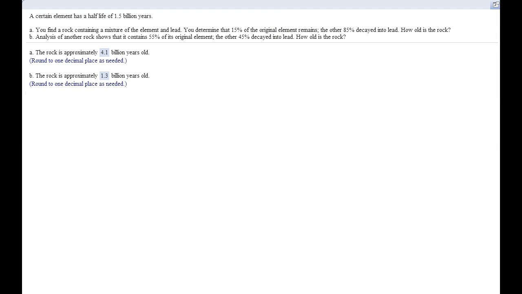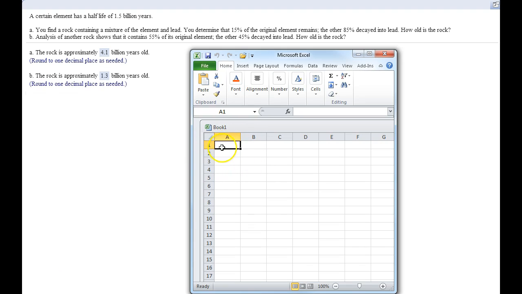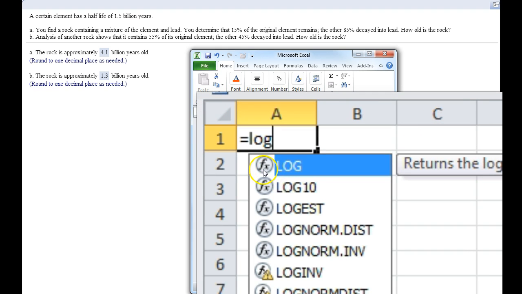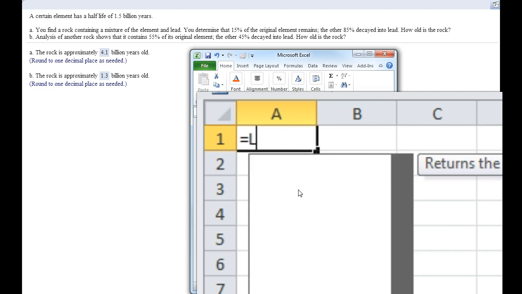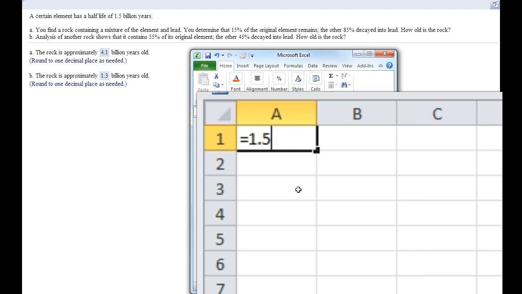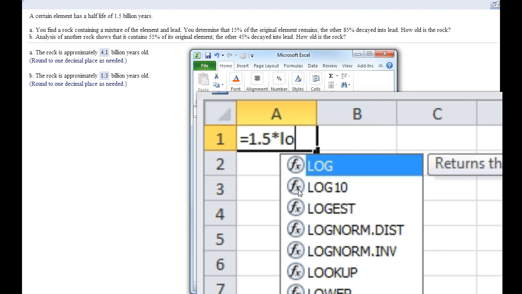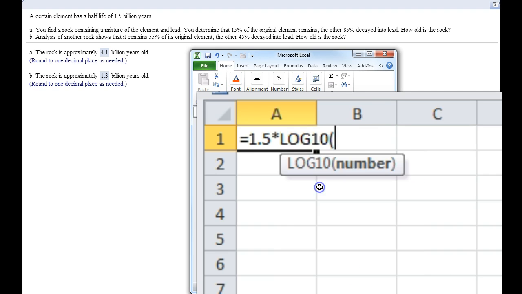If you want to use Excel, keep practicing using that for your final exam. That's fine if you want to use it for here. But it's the same thing. It's just that when you type log, you use this log10 instead of the blank log like it was on the calculator just now. So use log10, and let me put in the half-life first, equals 1.5 times log10, double click,